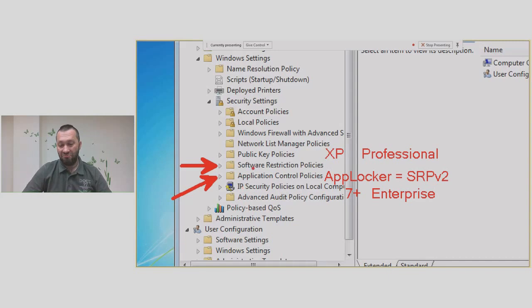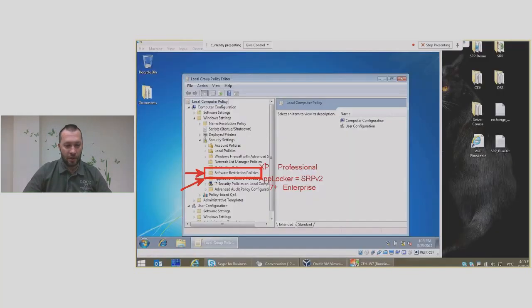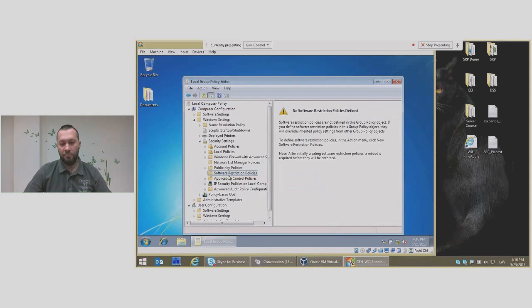So to make it a little bit more accessible, I will do it with software restriction policies because I know many of you run Windows Professional, not Enterprise. Okay, so I'm creating just simply a default policy,